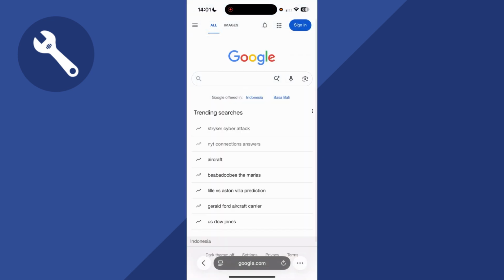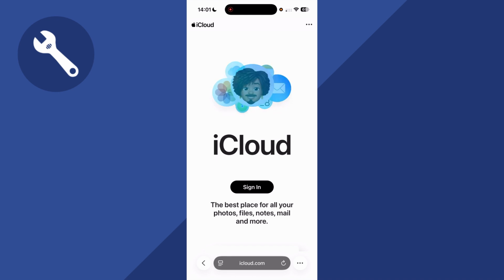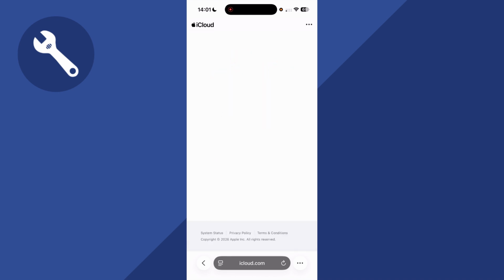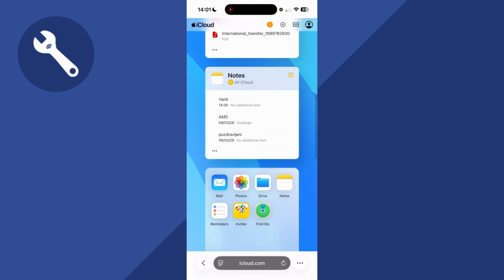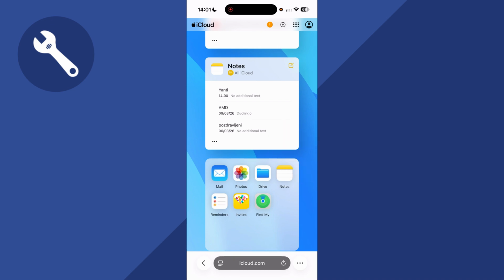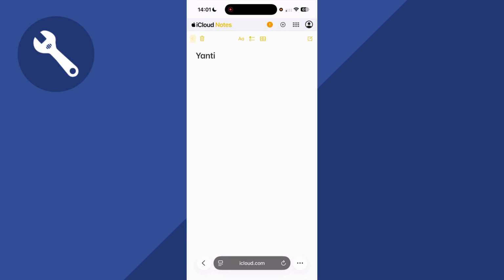Now go and open up an internet browser and head over to the website iCloud.com. You'll then need to sign in to your Apple account. Once you're signed in, just scroll down the page and you'll see Notes. Click on this. You can then click on the back arrow in the top left hand side, and here you'll